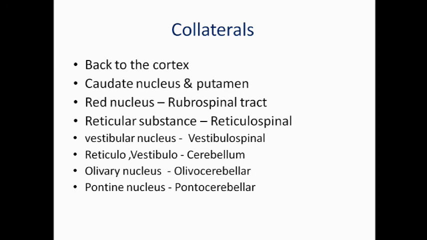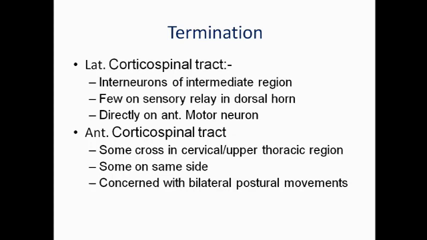Some will be aligning with the vestibulospinal tract, that is the vestibular nucleus. Some will align with the olivocerebellar tract. Some will give their collateral to the pontine fibers. Then they go to the cerebellum on the contralateral side, meaning the right pontine nucleus will give its fiber to the left side. Okay. Now termination: the corticospinal tract terminates at the interneurons in the gray horn of the spinal cord, a few on sensory relay in the dorsal horn,